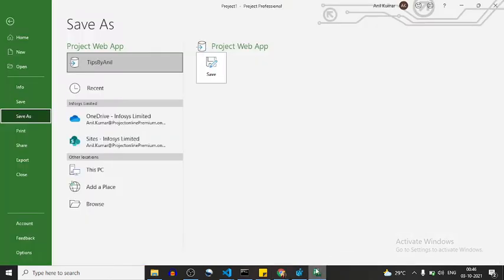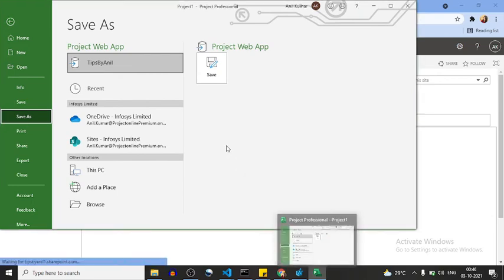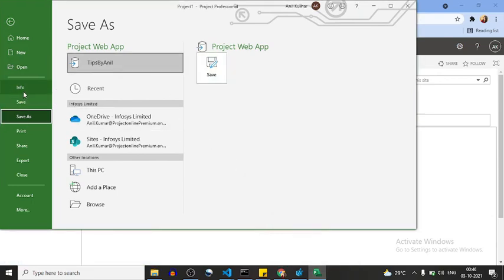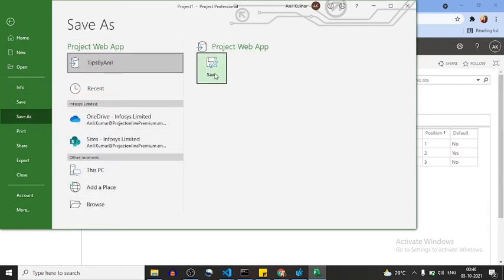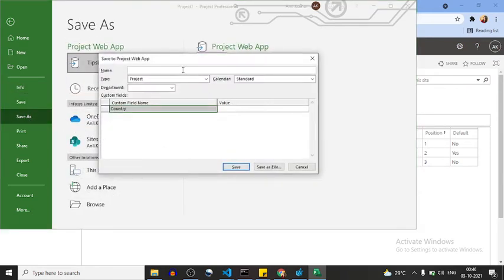This project, click on info, click on publish. Let me save it first. I will provide the template name temp underscore Anil. Okay, and this will now be a template. Click on save.